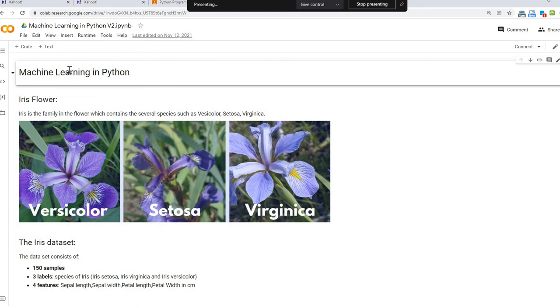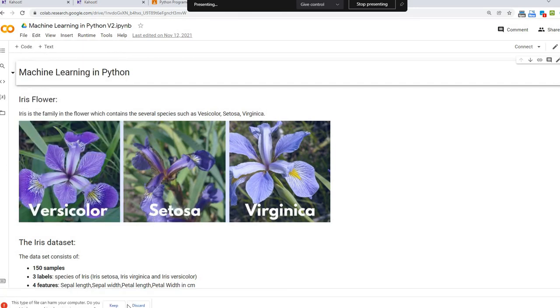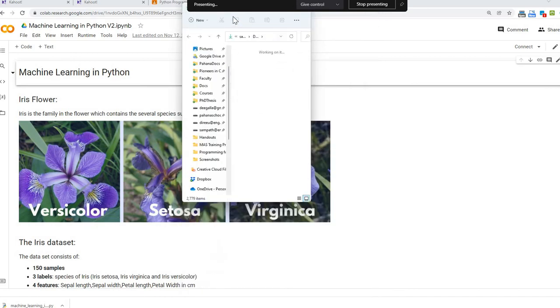Okay. I think then let's start with the demonstration. First of all, I will share my code because we might not have time to type everything. I will download this as a Python file and then I will put it into the